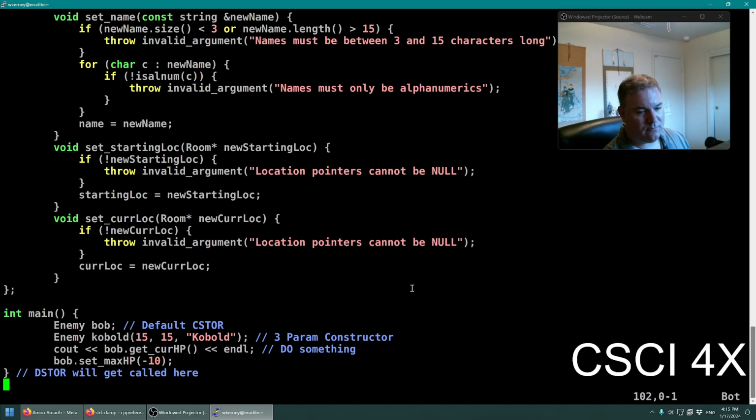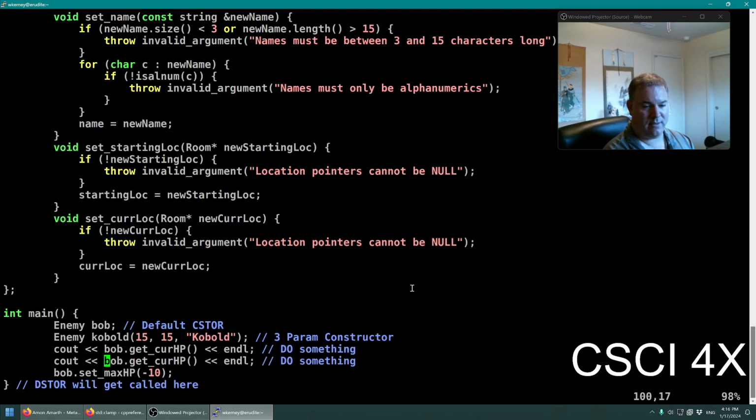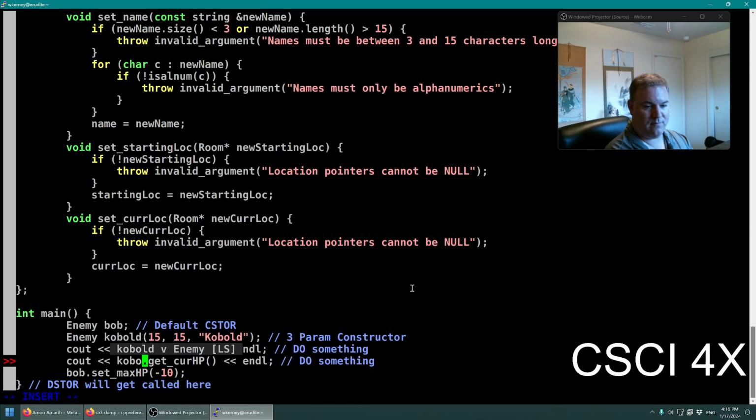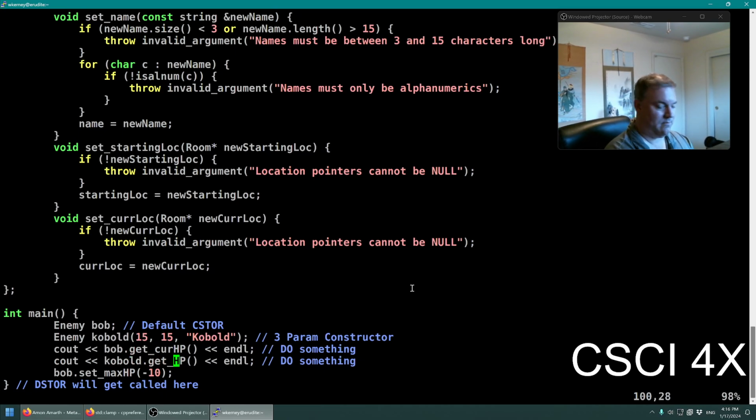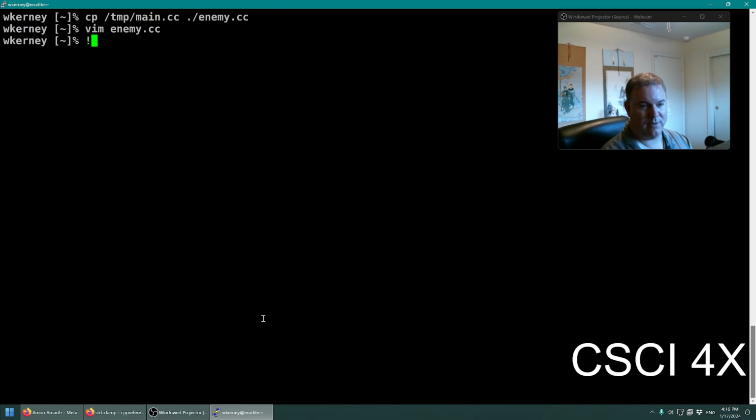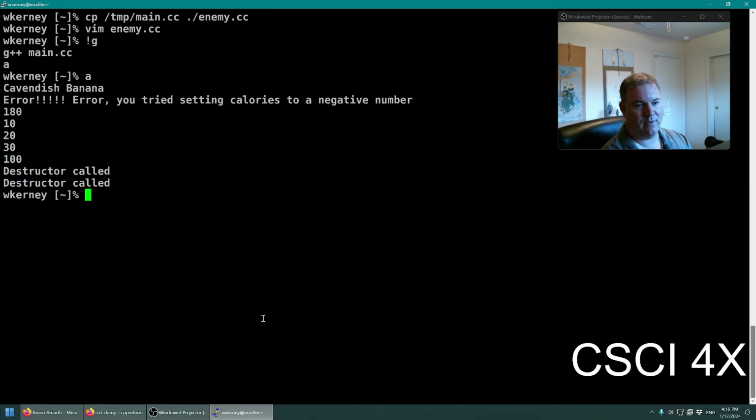So we're going to create Bob. That's going to call the default constructor. We're going to create a kobold. It's going to have a max HP of 15, a current HP of 15. Its name is kobold. We can get Bob's current HP. We can get kobold's max HP. And then if we try setting Bob's max HP to a negative number, then it will clamp down